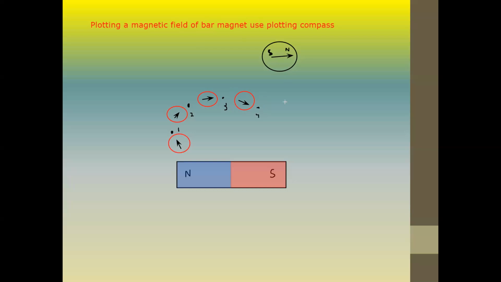Again we move the plotting compass until it is in line with the last point which we marked, and that will be 5. And we continue to move until it ends at the south pole,